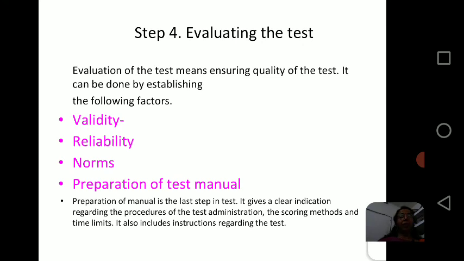Then step 4 is evaluating the test. Evaluation of the test means ensuring quality of the test. It can be done by establishing validity, reliability and norms. You know that there are many qualities of an achievement test, and you have learned in the last class validity, reliability, objectivity, etc. In a standardized test, you need to estimate the validity, reliability and norms